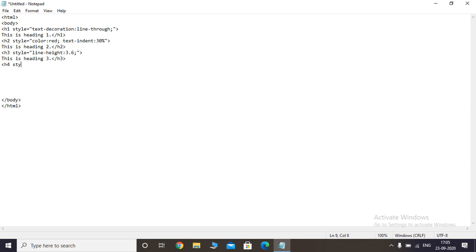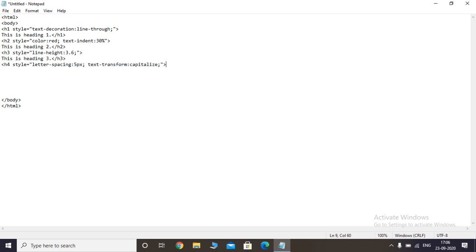For heading 4 we will again give style equal to letter-spacing, let it be 5, and we will give text-transform: capitalize. So we'll capitalize each word, again a semicolon, and close your angle bracket.